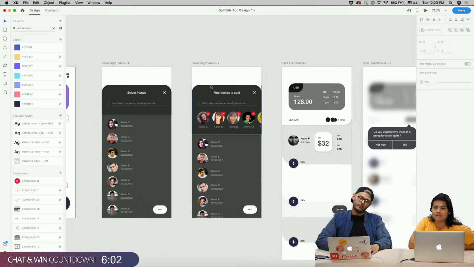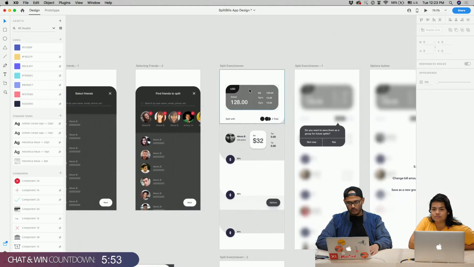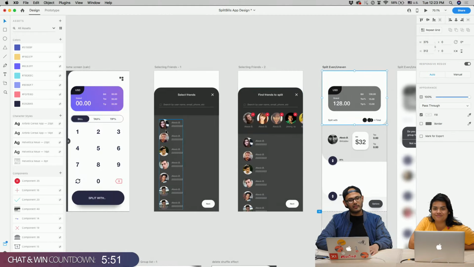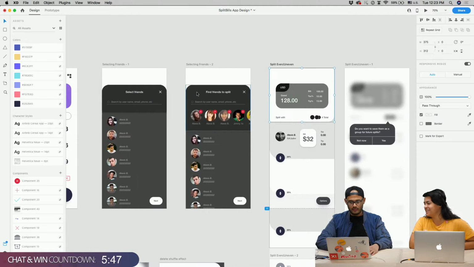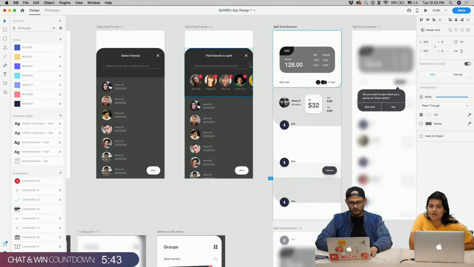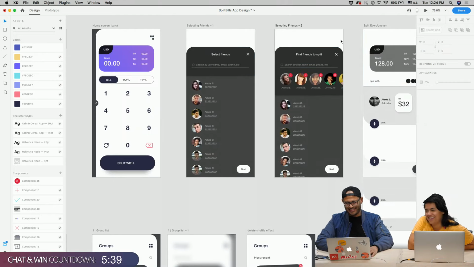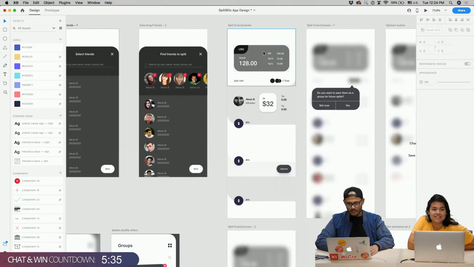Right, so how do you like this one, Alexa? Darker, brighter? I'm trying to differentiate a little bit. Yeah, I think the darker works. What do you think, chat? Hey guys, if there's any color suggestions that you think might not work, let us know, and we will consider your opinion. Okay, so